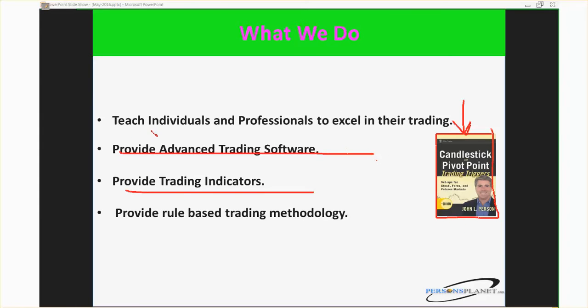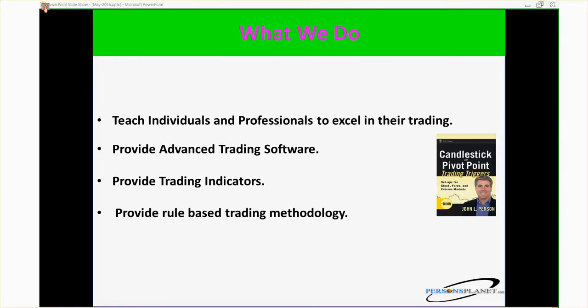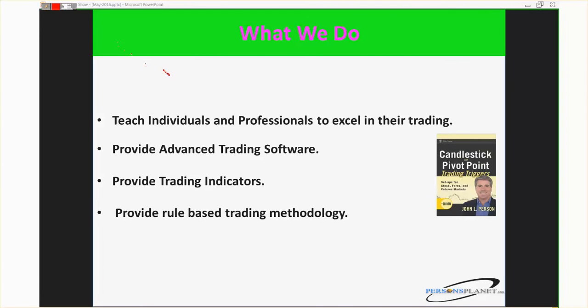We do a lot of stuff with trading software, and we definitely teach not just individuals but also professionals. Lots of professionals come to me now. I think this market, the overall stock market, has been, again, the keyword, tricky. And one of the things that we've noted, and I've done this for probably the last, correct me if I'm wrong guys, 18 or so months,